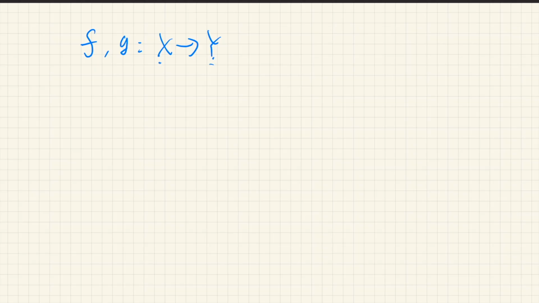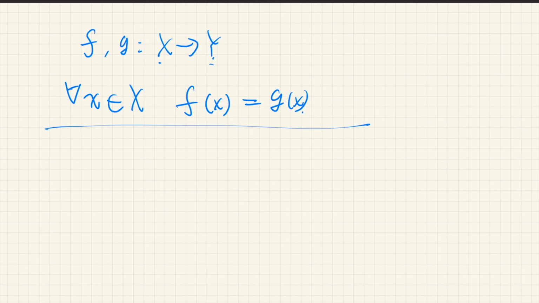Otherwise, they are totally different maps. So that's the first condition. And second condition is, for every element x in the domain, f of x is equal to g of x. If this holds, then we say these 2 maps, f and g, are equal,